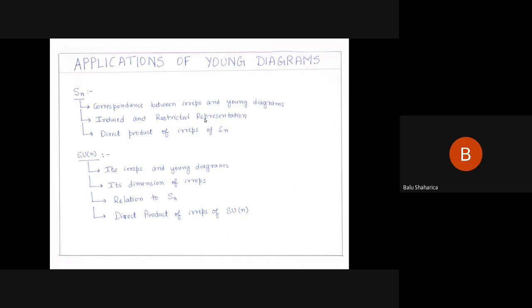So I'm going to talk about applications of Young diagrams, mostly on SN and SUN. In class, we have studied a bit on the correspondence between irreps of SN and Young diagrams, but we haven't established that completely. So I'm going to do that first, and then I'll talk about induced and restricted representation of SN,